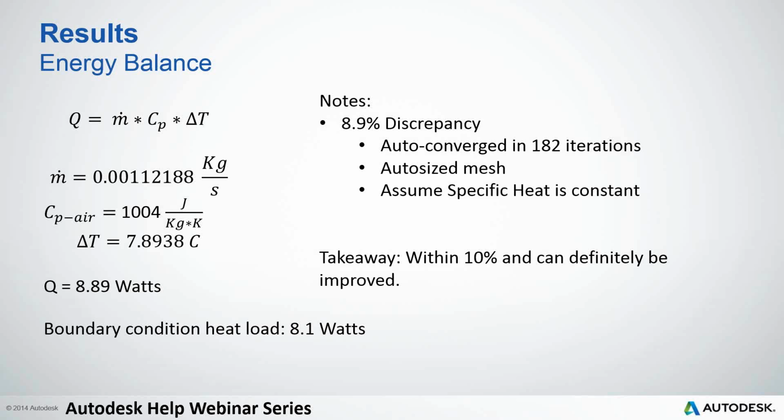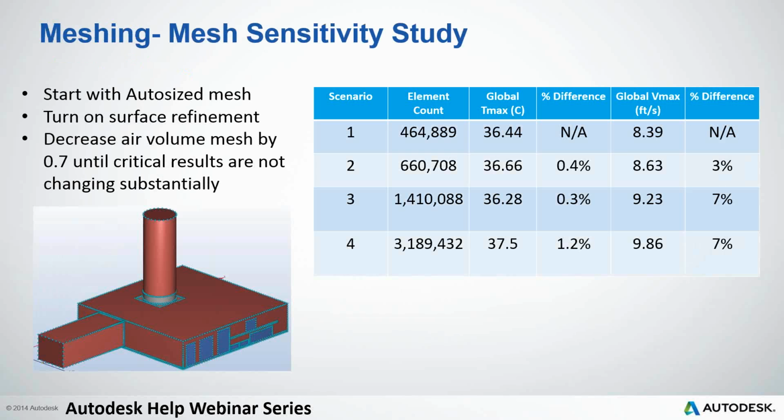The next thing I started to look at was mesh sensitivity. This is our general practice here. I'm sure a bunch of folks are familiar with this. I start with an auto-sized mesh. I always use surface refinement. It's great for electronics because it increases your chance of getting a successful mesh. It looks at the smallest edge lengths up against surfaces and bases the mesh more on that than the regular